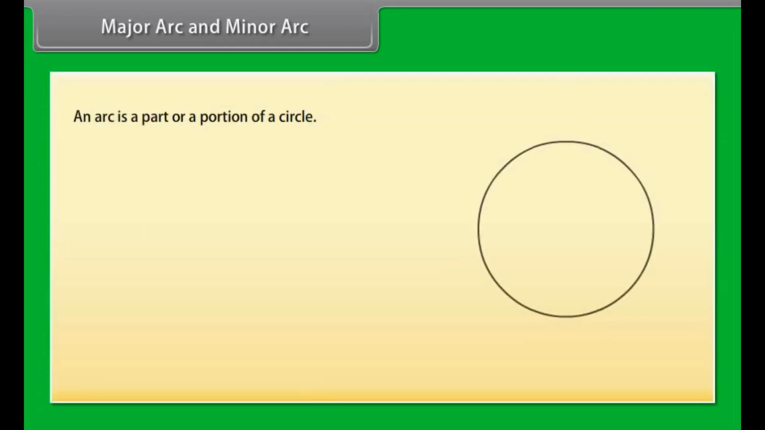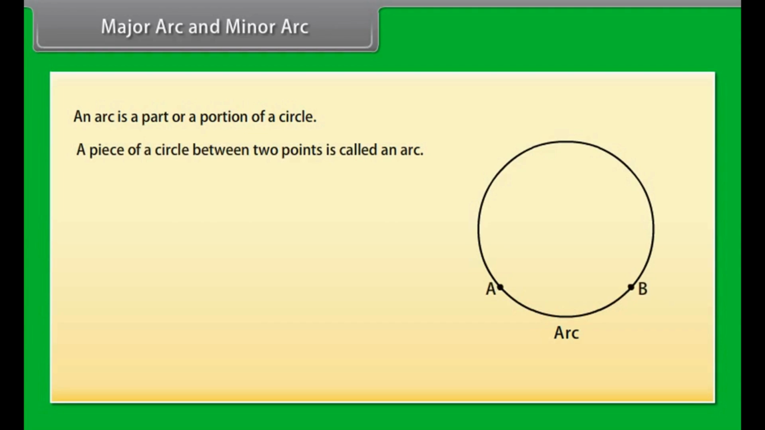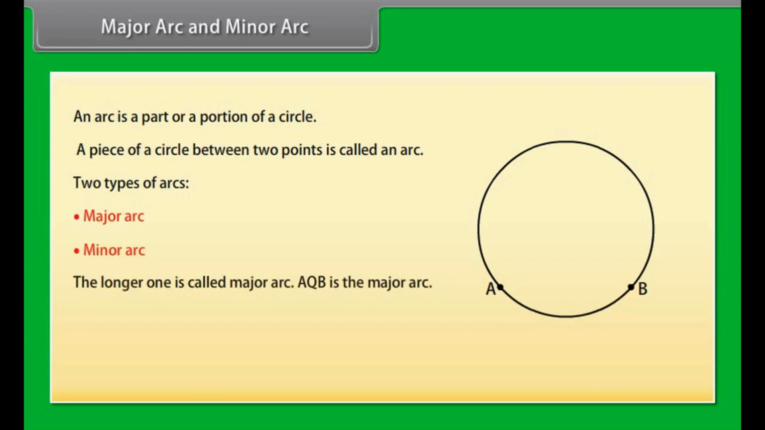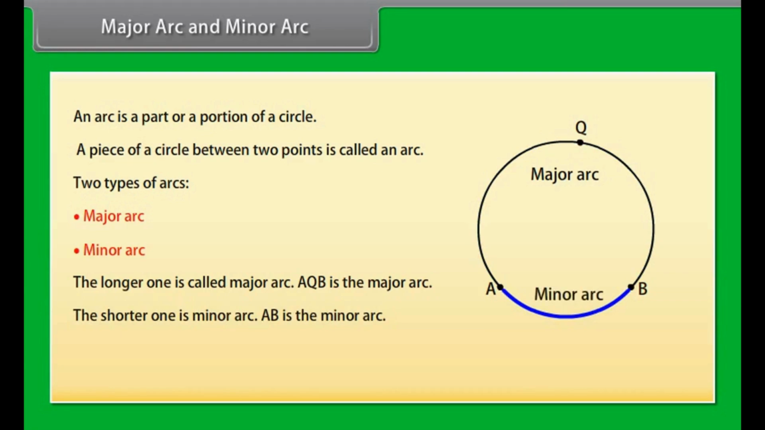Major arc and minor arc. Look at this figure. This is an arc. An arc is a part or a portion of a circle. Or we can say that a piece of a circle between 2 points is called an arc. There are 2 types of arcs: the major arc and the minor arc. The longer one is called major arc. Here AQB is the major arc, and the shorter one is the minor arc. AB is the minor arc. The arc is denoted by this sign: